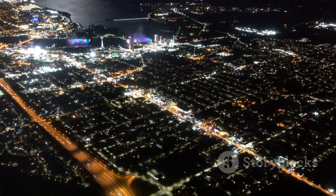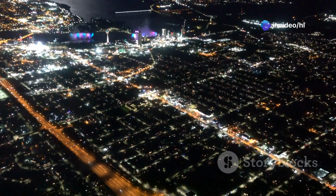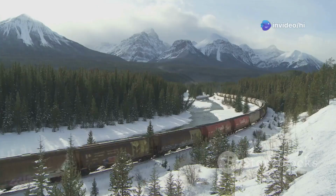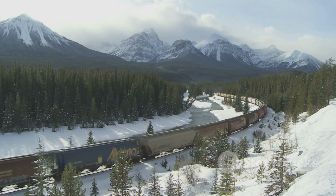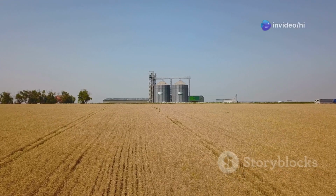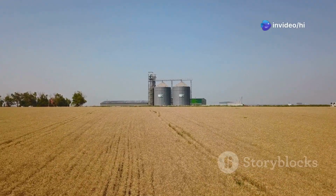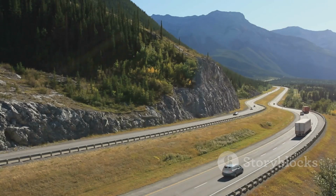Despite its massive size, nearly 90% of Canadians live within 160 kilometers or 100 miles of the US border. Why? Several factors come into play. First, the climate in northern Canada is harsh, with brutal winters making it less hospitable for large populations. Second, the southern regions offer better agricultural land, trade opportunities, and industrial centers. Lastly, historically, roads, railways, and cities developed near the border, fostering economic growth and connectivity with the US, Canada's largest